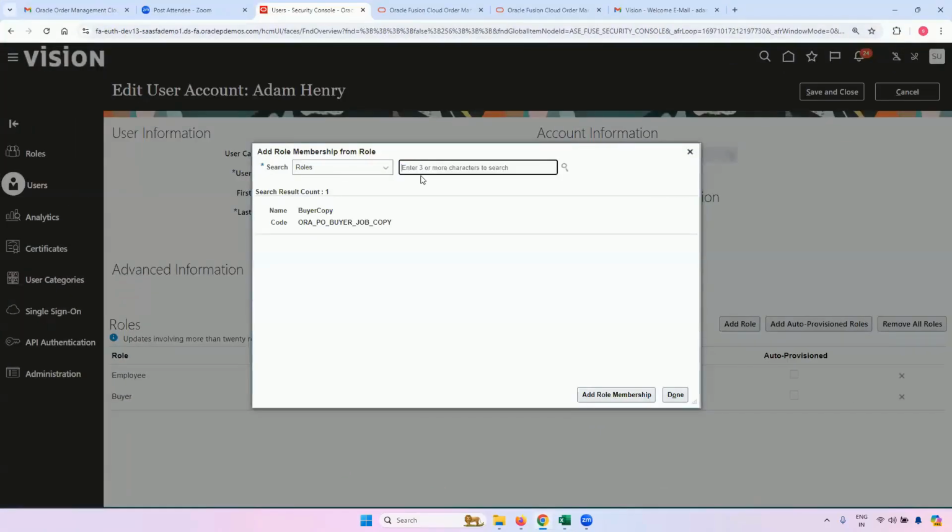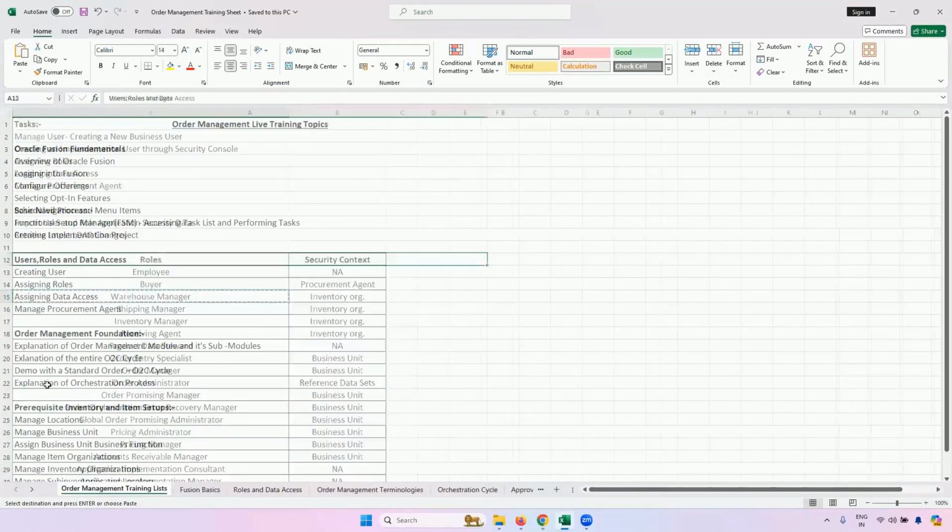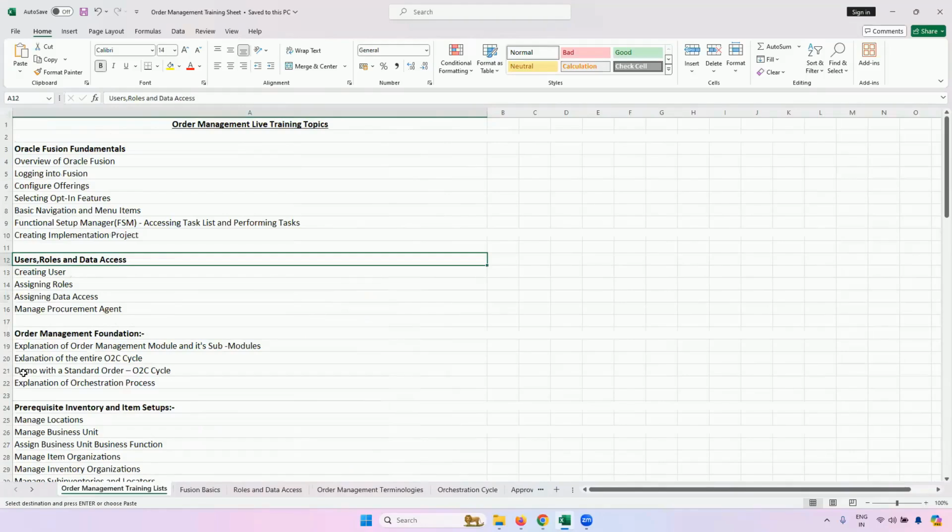After assigning him all the roles and data access, I will log in with this user in the Fusion application and create an end-to-end transaction. I will show you the entire O2C cycle with this user, and I will explain the entire orchestration process and demo the entire O2C cycle, right from creating the order till the cash cycle, so that you will have a better understanding of what we are getting into.